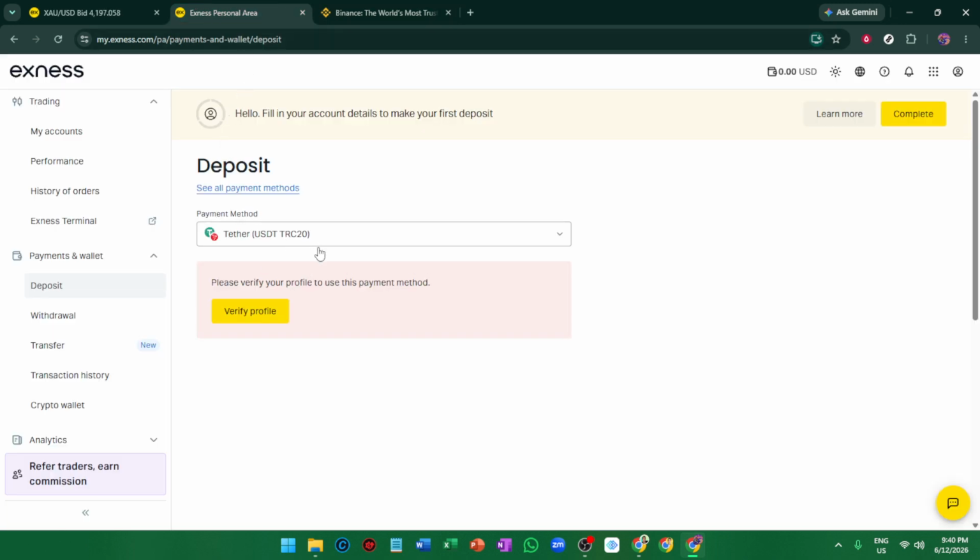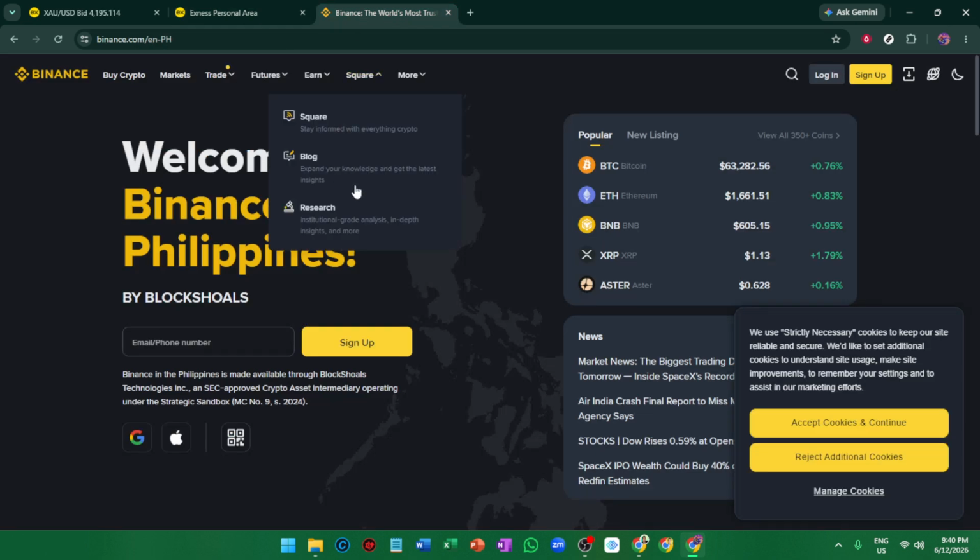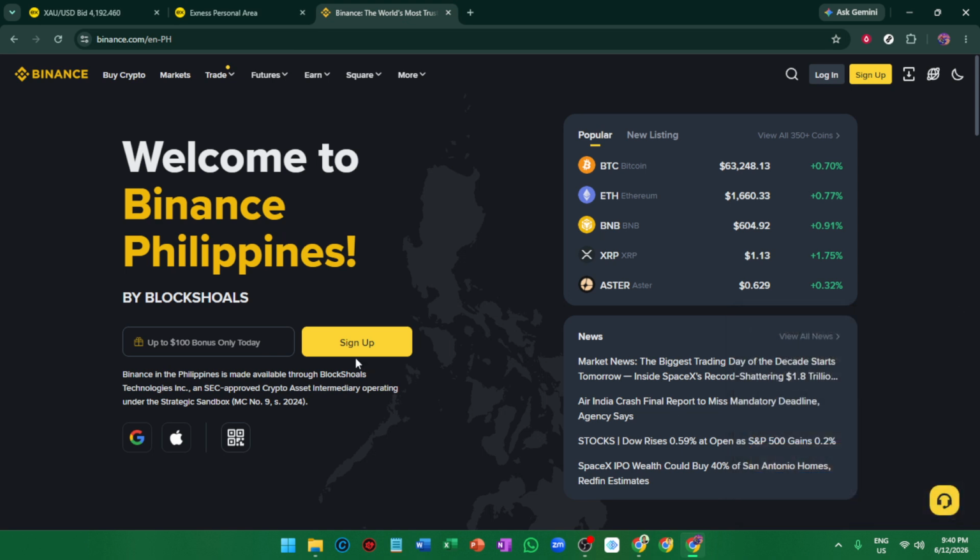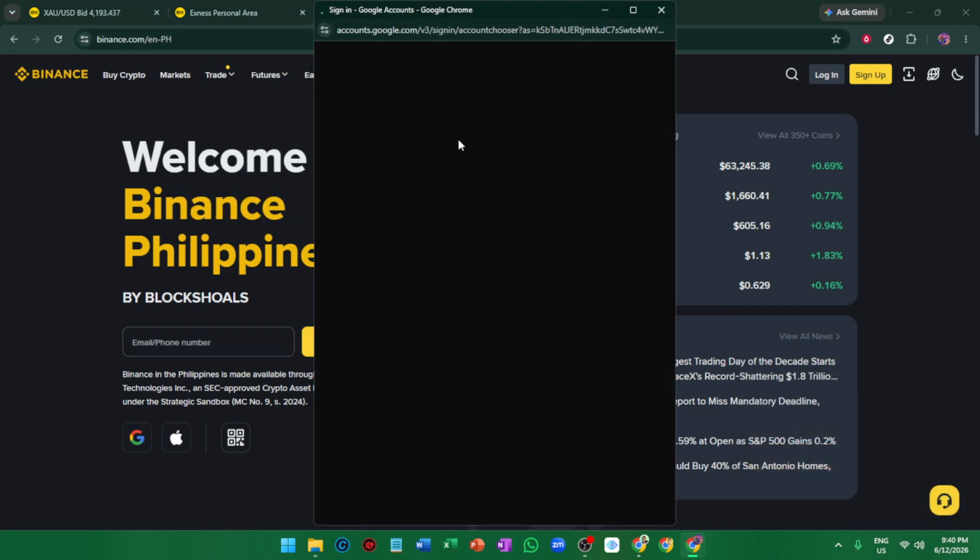Always check the fee preview before confirming, since fees can sometimes change. When everything looks correct, tap Withdraw and complete the authorization using your security method, such as two-factor authentication, a one-time code, or a passkey. After the transaction is submitted, wait for the blockchain confirmation and the funds should arrive in